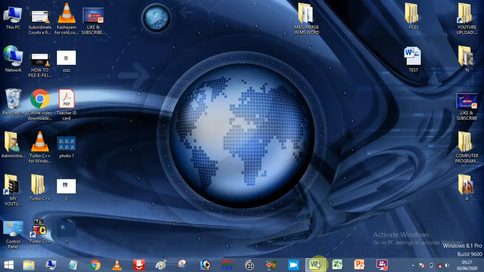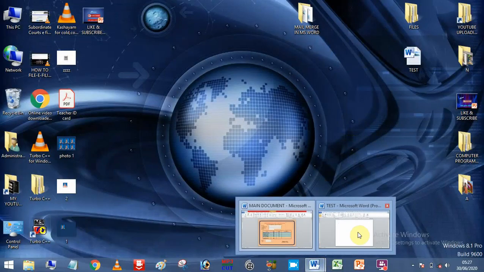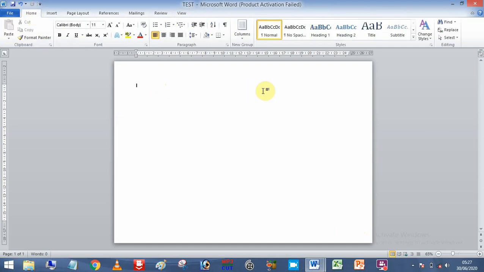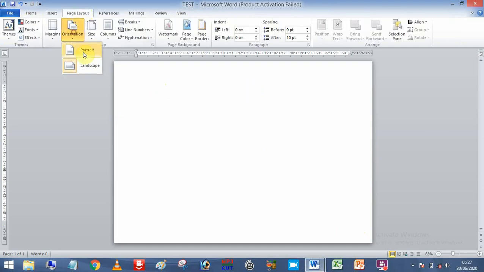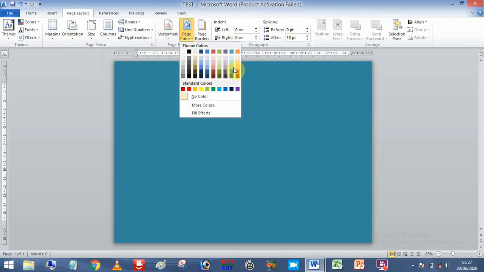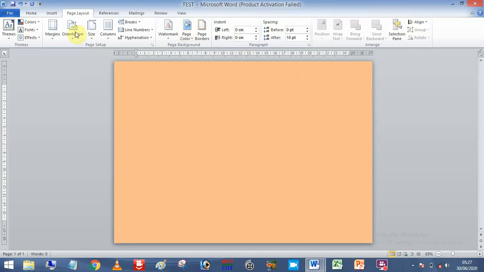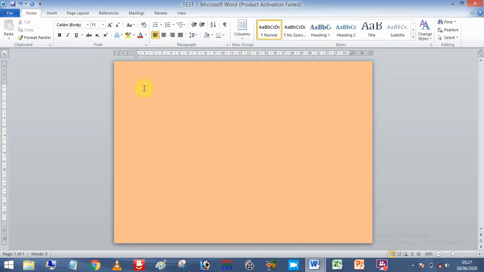Now you have to open the Word document where you need to create a format where the Excel database can be inserted properly. So you need to create a Word document. Go to page layout, orientation, landscape. You can insert even a page color, proper standard colors of public documents like a marks memorandum of any government, like this color. You can insert this, and you need to create different fields, a standard format.